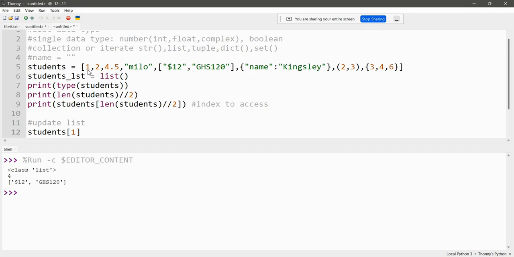This is how you can update a list. The update is a function. I'm just giving a comment before. So now to do update, you call for your students